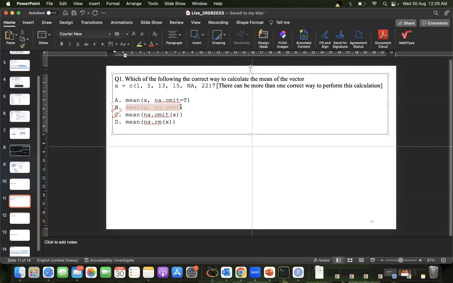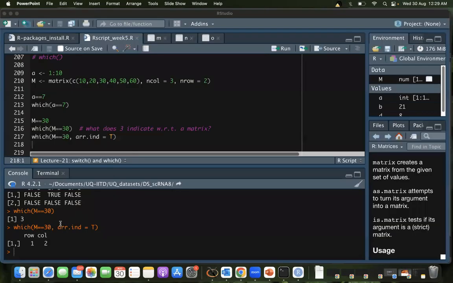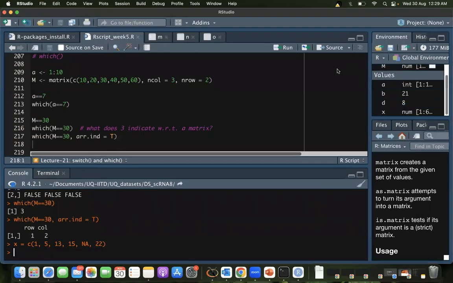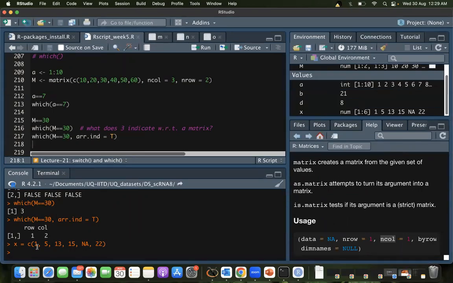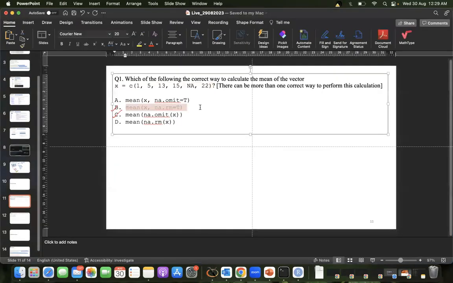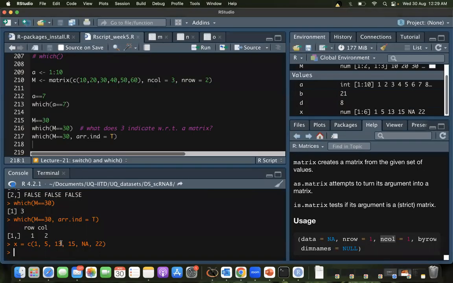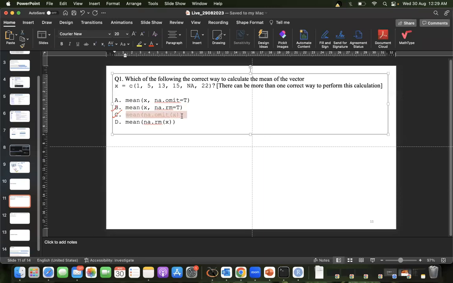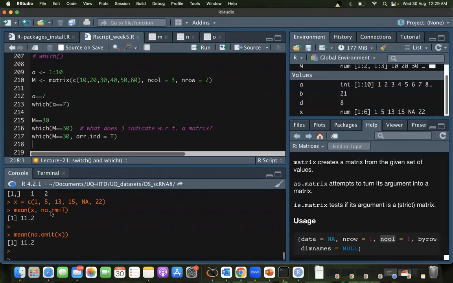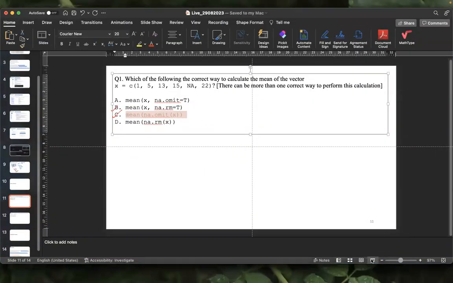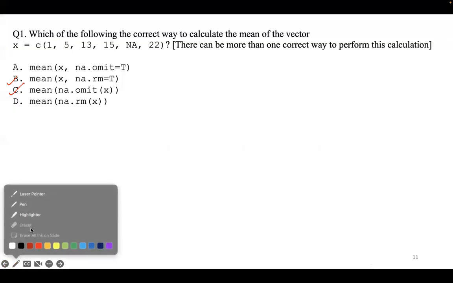Let's define this thing in R. So this is our vector X. This mean gives us 11.2, and this one should also give us 11.2, does it? Yeah. All right, so you're right. Option B and C is correct.